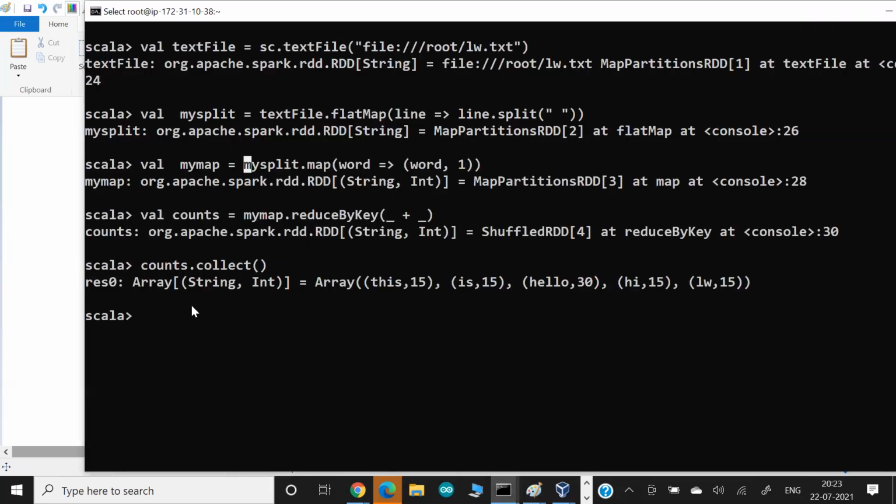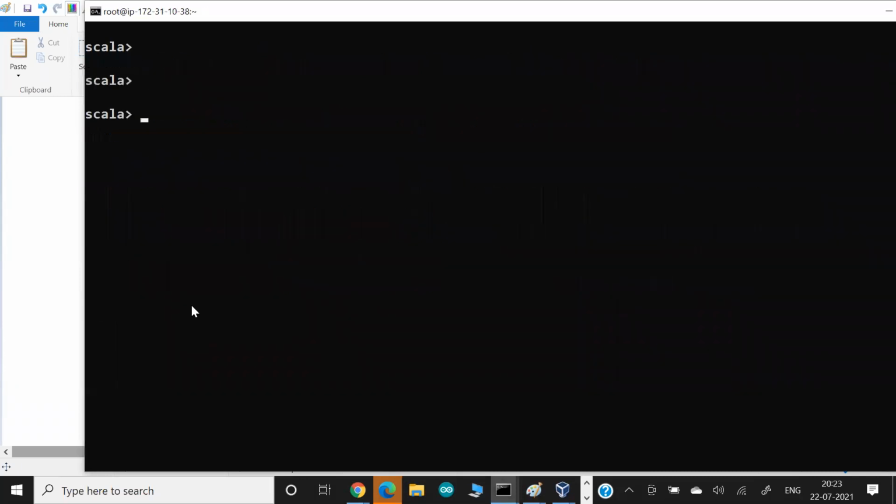So again, I'm using Scala only. Okay, and here I'm going to create one variable. This is my list, for example. I want to store the list. So you want to create the list in Scala. This is the function we can use. So I'm going to create a list of these numbers, and I want to do an operation on these numbers in parallel, maybe in a distributed way.